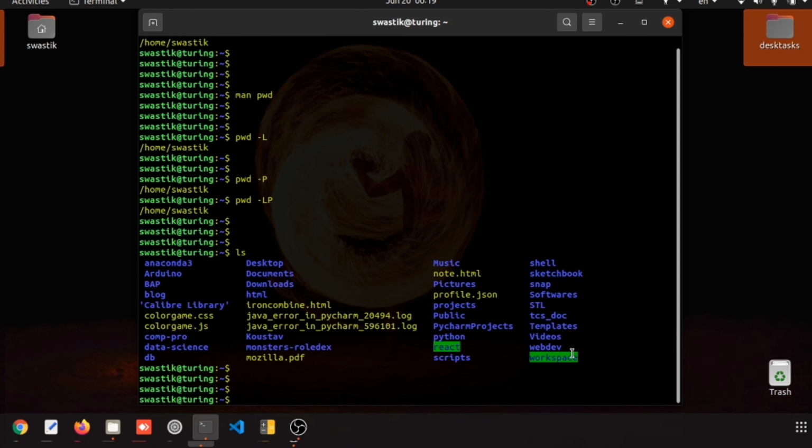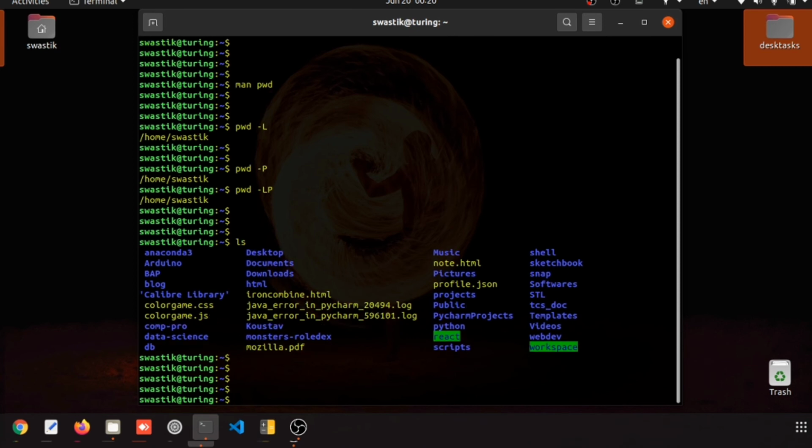I will come to it later when we use permissions, users and groups. So all the yellows are actually files. There are HTML files, JSON files, log files, PDF files, JavaScript files, CSS files. So be it a coding file or a text file, everything is a file, and that is yellow. And I am listing out all the directories and files with ls.